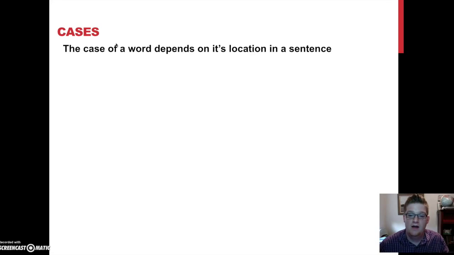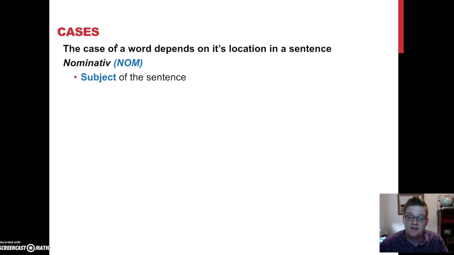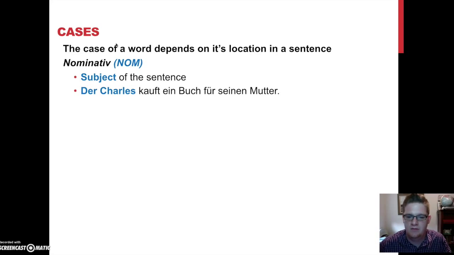Real quick on cases. You guys should know this. Shouldn't be very difficult for you. The case of a word depends on its location in a sentence. If it's in the nominative case, which will be abbreviated as NOM and should be in the blue font, that is the subject of the sentence. For example, Der Charles kauft ein Buch für seine Mutter. Der Charles is the subject. He is the one doing the action in the sentence, the verb, in this case kauft, which means to buy,